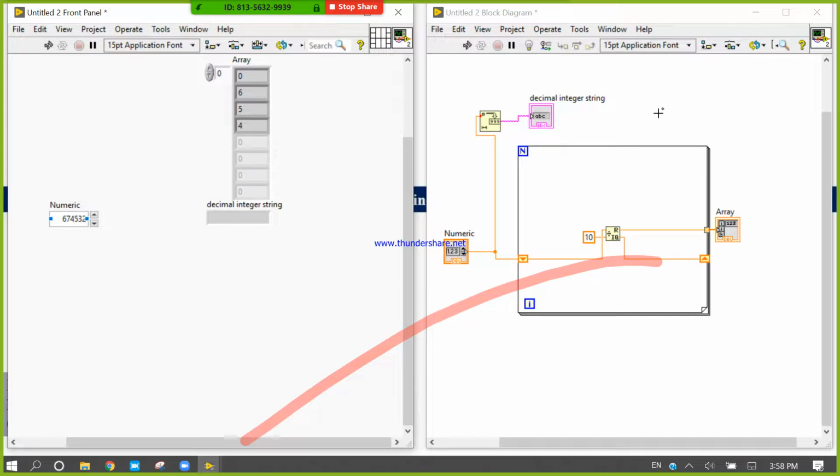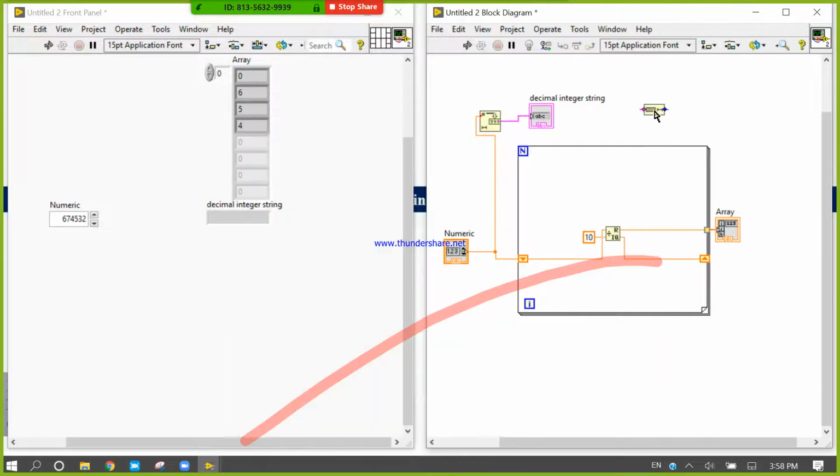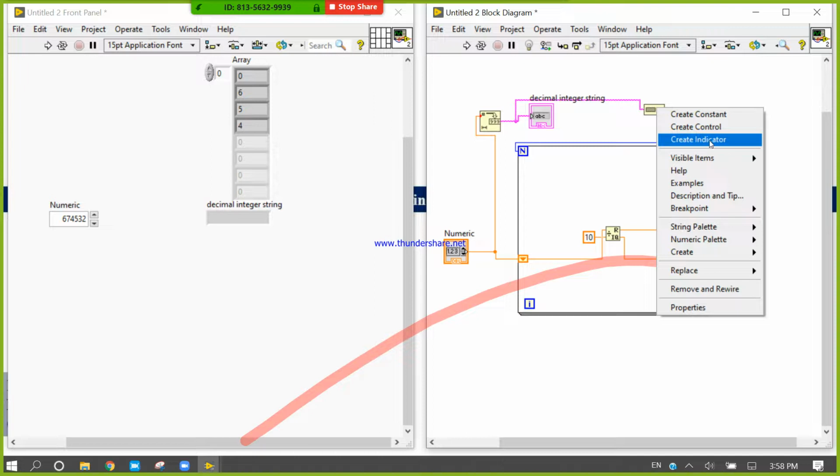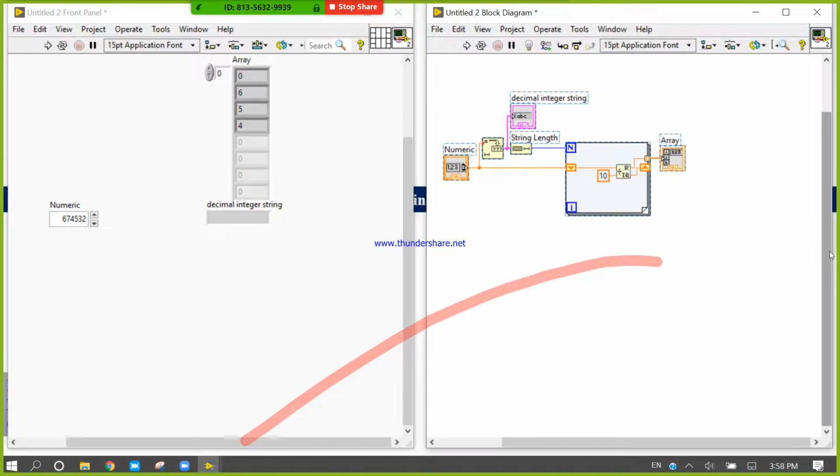Then we can count by using string length. And now we give this string length to the n value. Now it is a general purpose ideology. It will work for your desired numbers.